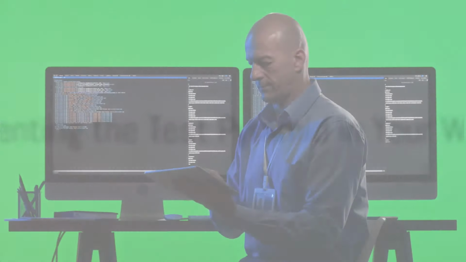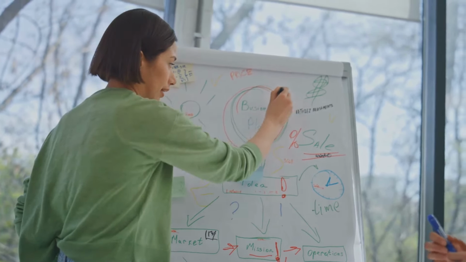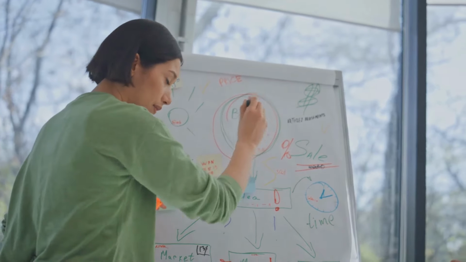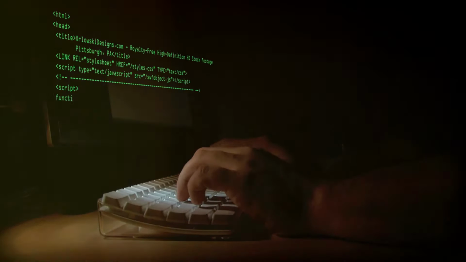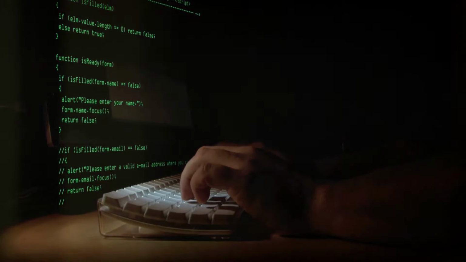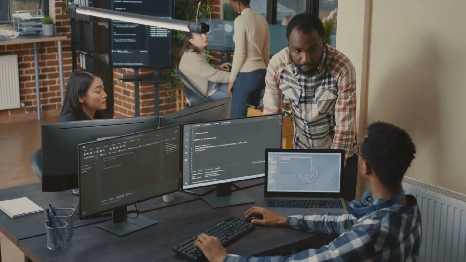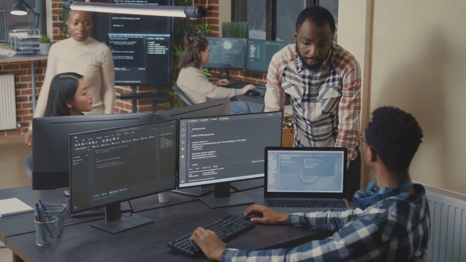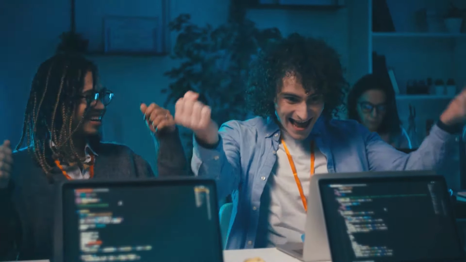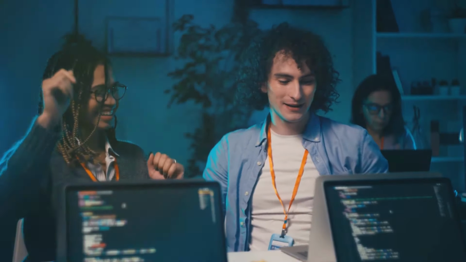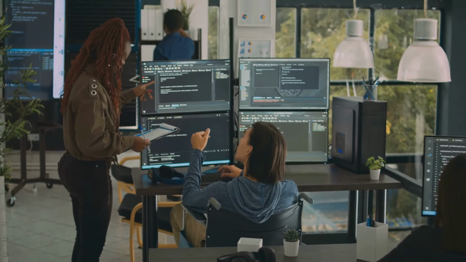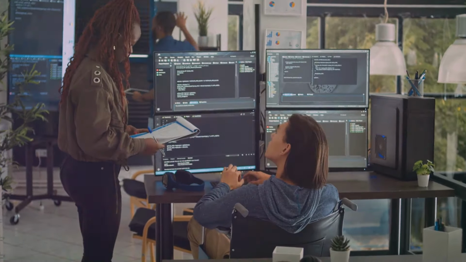Section 10. Implementing the test pyramid in your workflow. Now that we have explored the various layers of the test pyramid and their significance, let's talk about how you can implement this strategy in your own development workflow. Start by identifying the core functionalities of your application and write comprehensive unit tests to cover them. These tests should be fast and provide immediate feedback. Next, move on to integration tests to ensure that different modules of your application work harmoniously together. These tests should cover key integration points and critical workflows.